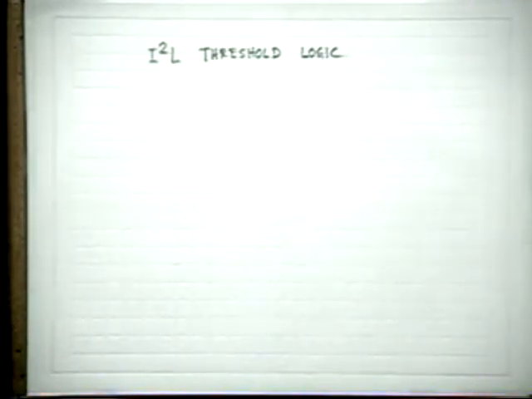Before I start the topic of I2L threshold logic, I should once again mention the basic drawback of the I2L circuit. What is the basic drawback? It is a logic which works in hard saturation. IB and IC are equal when the transistor is on, meaning the transistor is heavily saturated. That means it suffers from maximum storage effect. The storage time will be the highest in I2L compared to other logics.